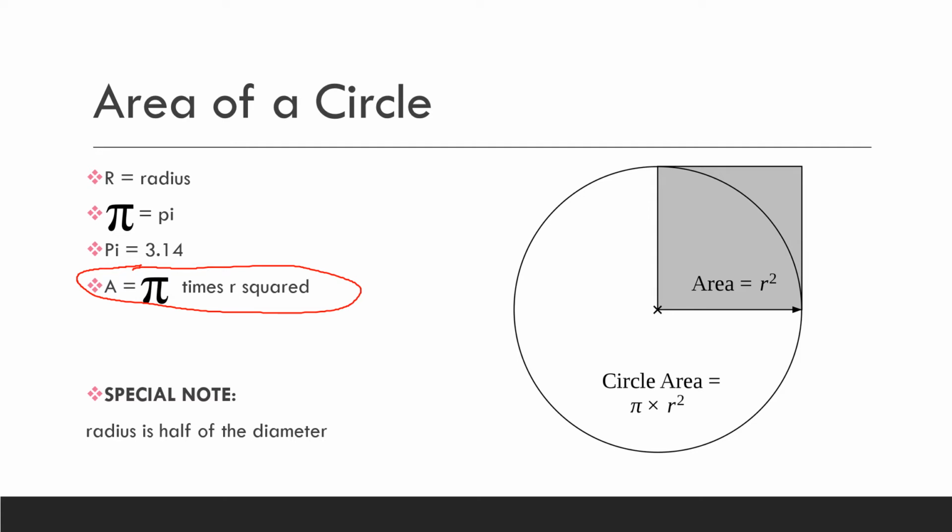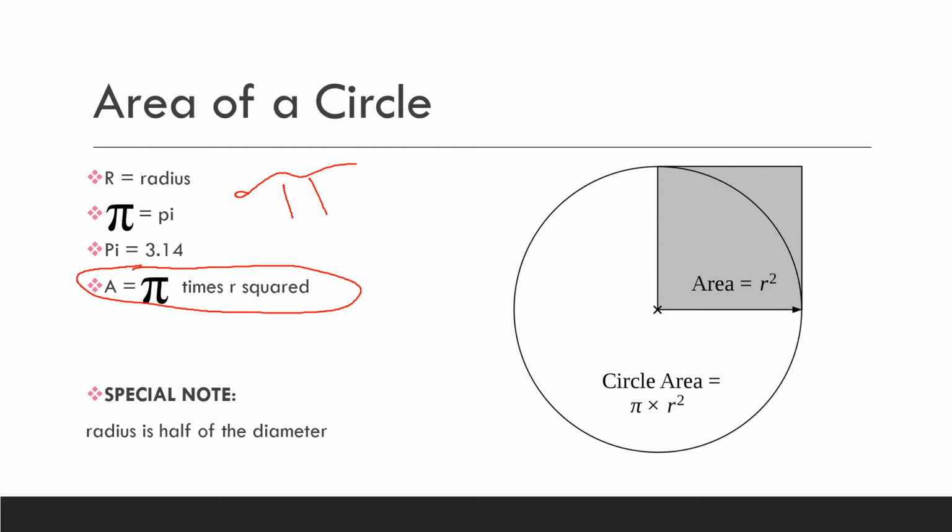So if you're wondering what pi is, I'm not talking about the food, we're talking about this symbol. Okay, so it's kind of got the two straight lines is how most people draw it, and then the kind of squiggly line on top. So that is going to be pi, and when you do a problem, it's always going to be 3.14. Now there are a whole bunch more digits associated with pi, but for most classes, unless you're taking something really advanced, 3.14 is all you're going to need to plug into your calculator,